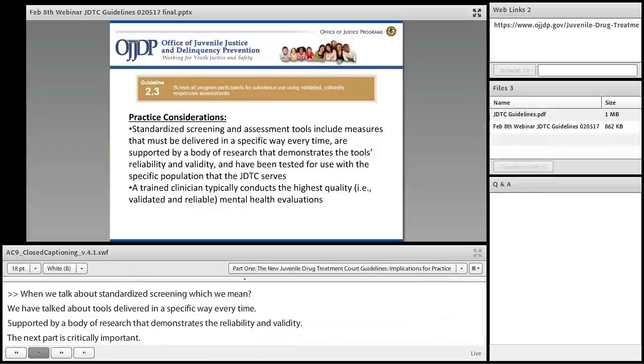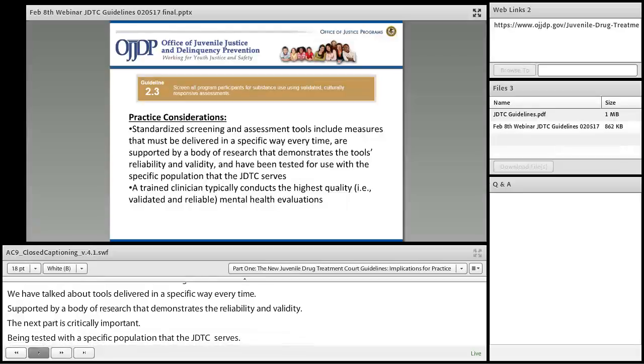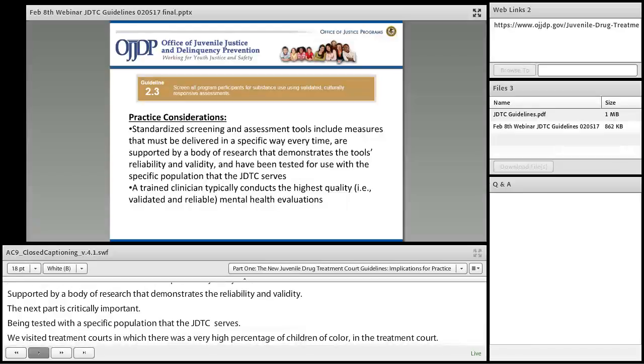We visited treatment courts in which there was a very high percentage of children of color in the treatment court. So if you are using a risk assessment tool that has not been normed for the cultural background of the kids that you're serving, it may be the wrong instrument. So that is a critically important thing